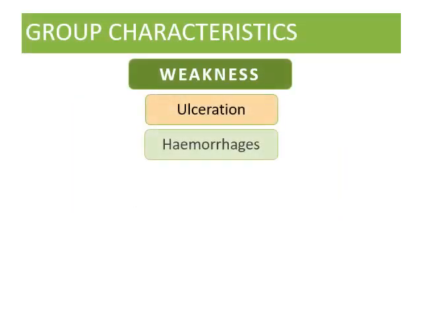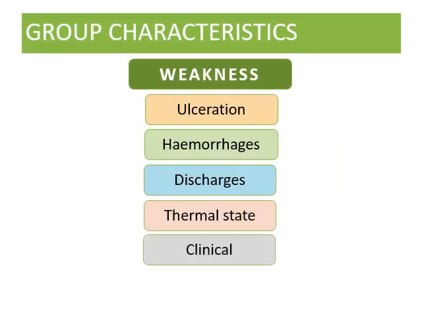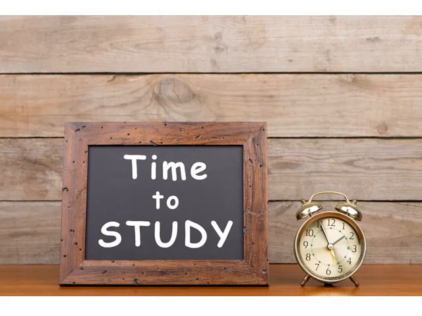So what you have to keep in mind as a group characteristic is this: the weakness, the intense weakness which causes the destruction and ulceration, caries, the hemorrhagic tendency. ഈ 3 points ആണ് ഏറ്റവും ഇമ്പോർട്ടൻ്റ് ആയിട്ടുള്ളത്. ആൻഡ് ഓഫ് കോഴ്സ് ദ ഡിസ്ചാർജസ്, the thermal state which is chilly except fluoric acid, and clinically very important in diabetes as well as diphtheria. Okay, so you go through this, I mean keep these points in mind for acids, and you see how you can differentiate it from the